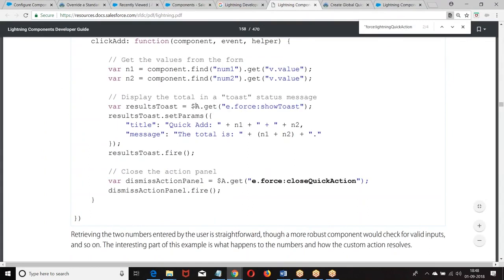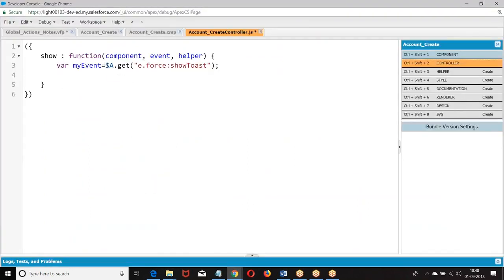Let me give you a copy paste of it to avoid naming convention issues. Then what we are doing?